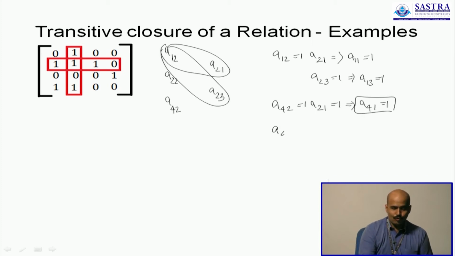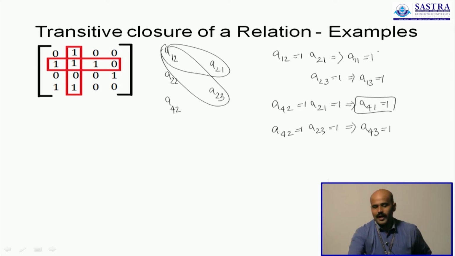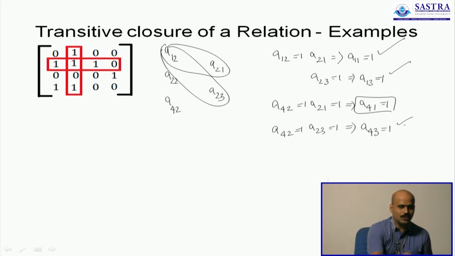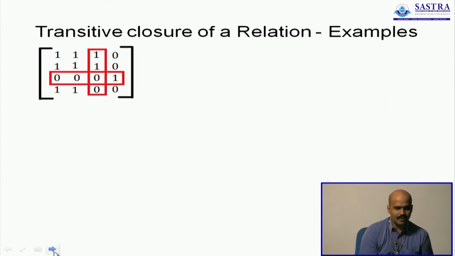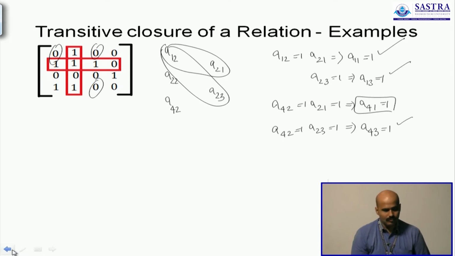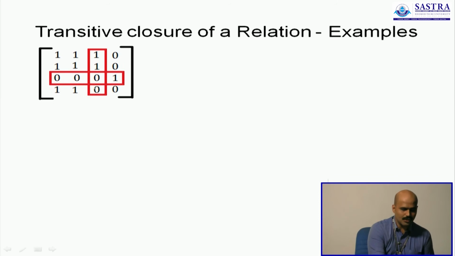But 4 2 is 1 and 2 3 is 1. Now this is a change which we don't have. So A43 is 1. So we are supposed to make 3 corrections to the matrix. 1 in the first row and first column, 1 in the first row and third column, and 1 in the last row and third column. Making these changes, you will have the next matrix as given here. A43 is also 1. 4 2 and 2 3 were 1s, therefore A43 is also 1. This is a 1 here.